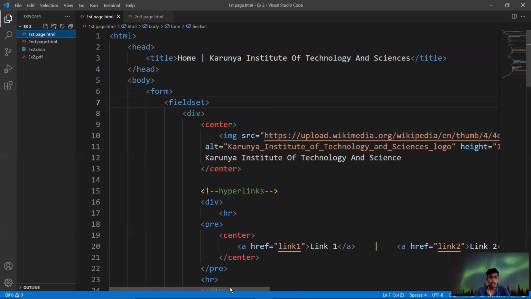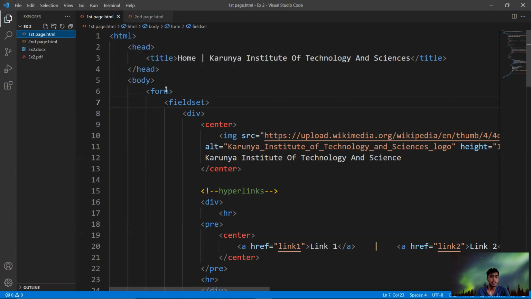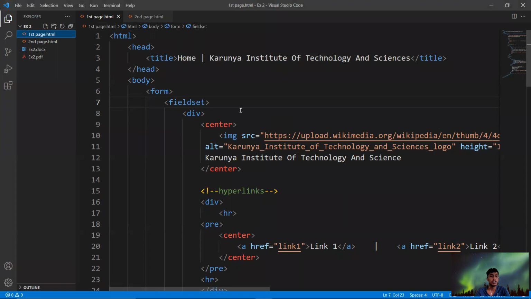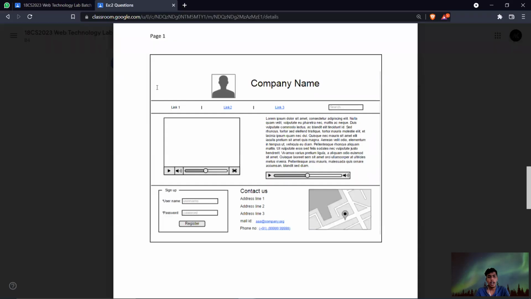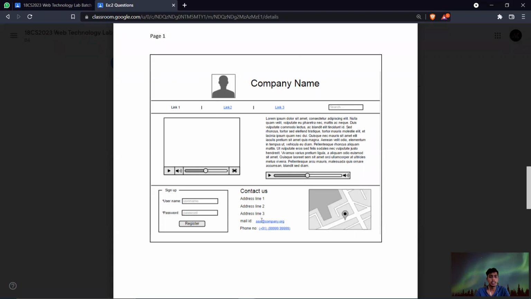In the HTML, that is in the body tag, I have used a form, because we need to provide an outer line, an outer margin. For that the fieldset tag is useful. The fieldset tag is an element of the form. So inside the form we need to make a fieldset, and I have taken this as four divisions. This is division 1, this is division 2, this is division 3, and this is division 4. So I am going to separate them as divisions.